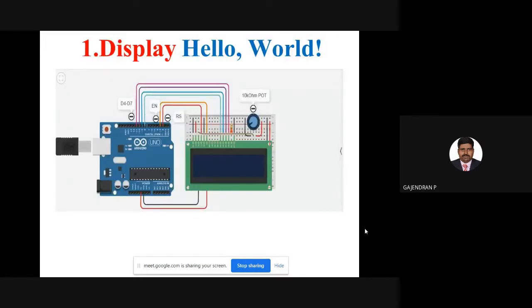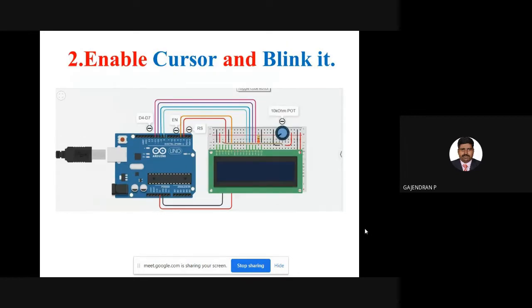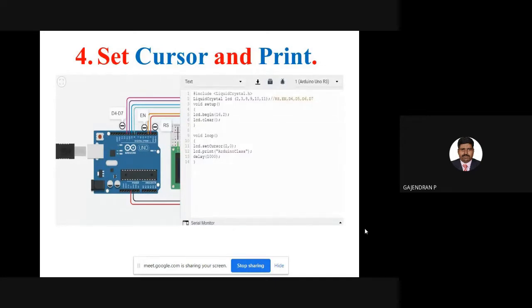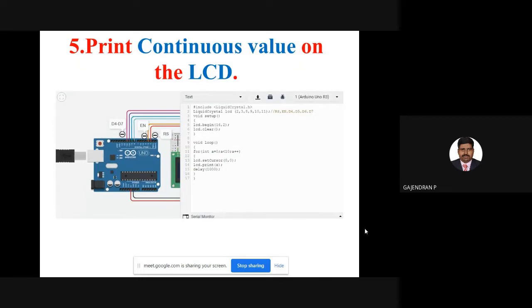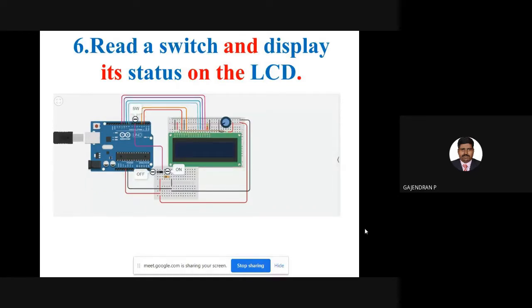First we made the hello world statement to print. Next, how to control the cursor and blink it. Then how to set the cursor and print the statement. Then how to read the continuous values and print them in the LCD display. Finally, we've seen how to read the external environmental changes like a switch or potentiometer. So in this example, we read the status of the switch and we updated the value of the